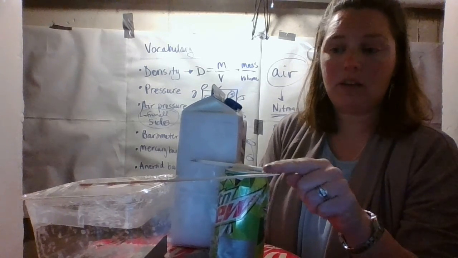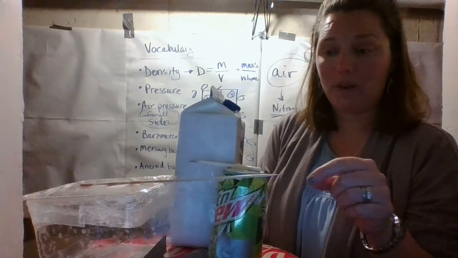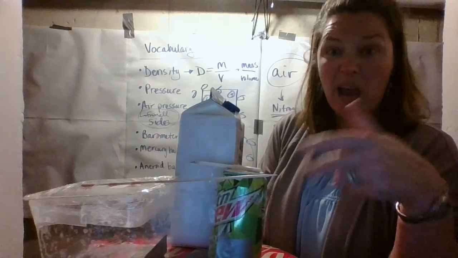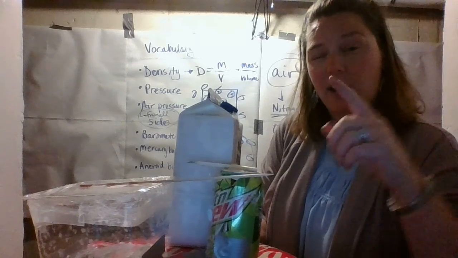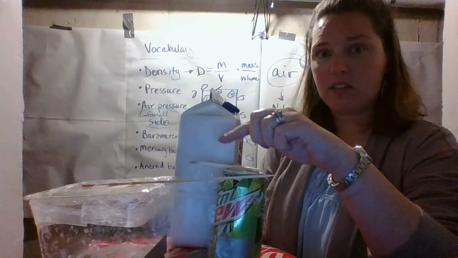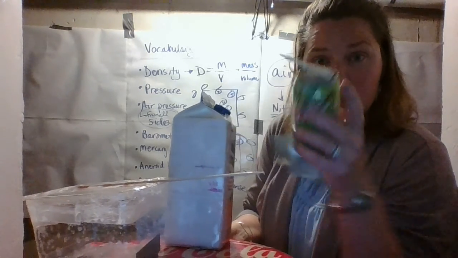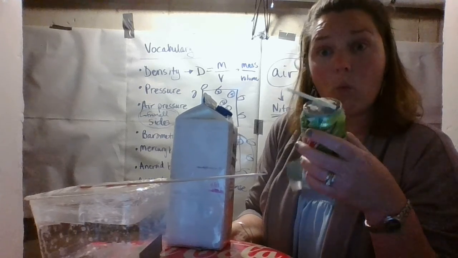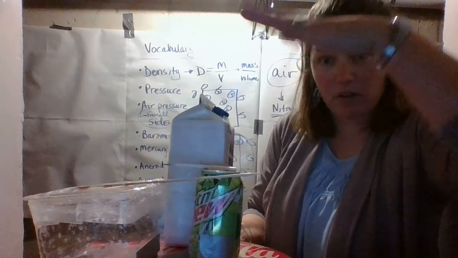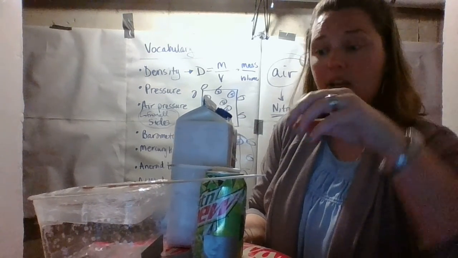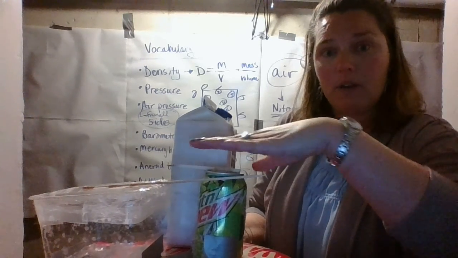So what I'm going to do in the next day or so is redo these outside when it's cold and let them capture enough air molecules inside, such that when it does fluctuate with the temperature outside, I'm hoping I start to see this go up and down. Because as the air molecules trapped inside my device warm up, there's less air pressure pushing down on them because all those other molecules are speeding around and not pushing as much, this will expand and it will puff up the saran wrap, which then will